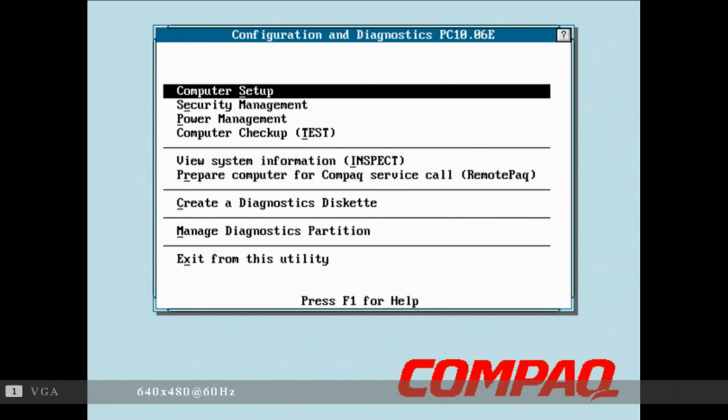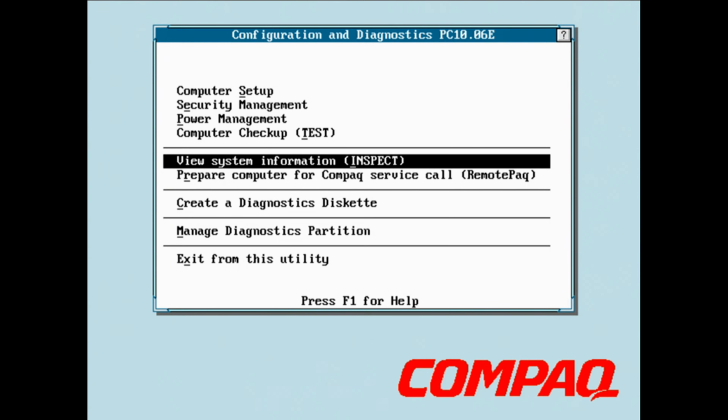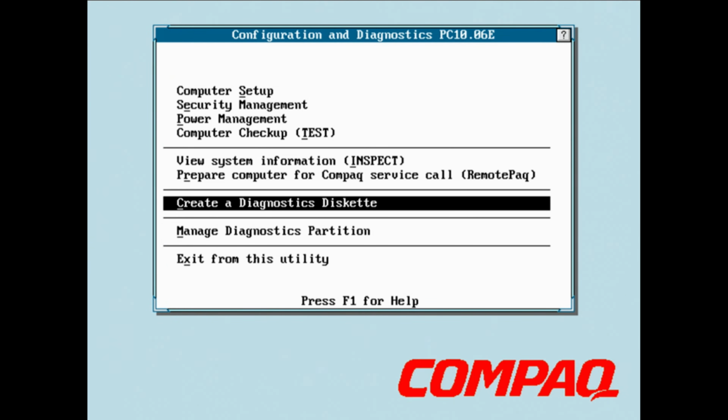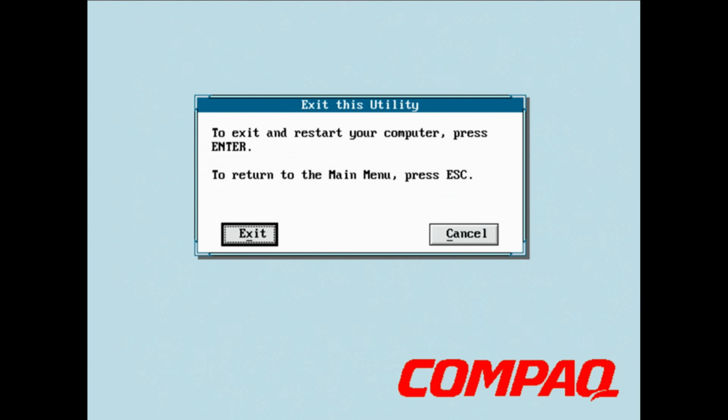There's some diagnostics available as well. Power management, view system information, prepare for service call, create a diagnostics diskette. That will do just what it says. It'll create a bootable diagnostics diskette that you can then run memory tests and things from. That's outside really the scope of this video. You'd put a floppy in and let it do it, but I'm going to go ahead and hit exit,